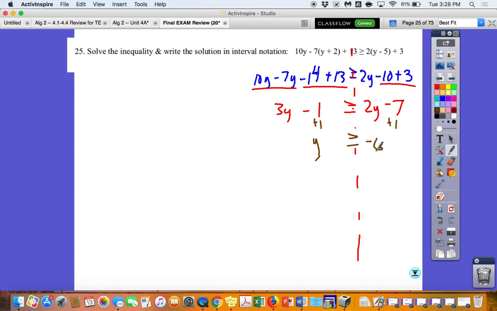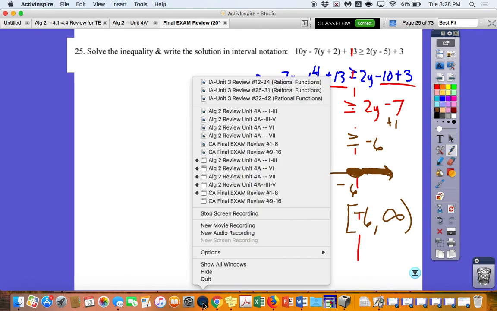And so I need to give my interval notation. If you want to, graph it if it bugs you. So we're going this way. Remember, this is why we want the letter on the left, because you go the way it points when the letter is on the left. The little line underneath means fill in that dot, which means we got a bracket, a negative 6, and we're going to the arrow, which is infinity. Okay, so we will pick it up from here in the next